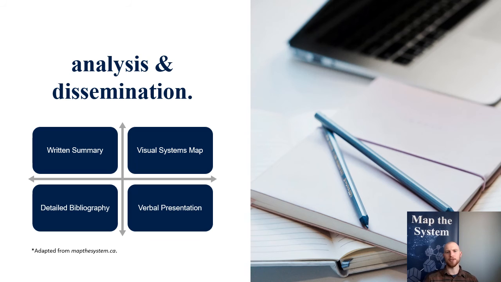So for more information on each of these deliverables and how you should be focusing your efforts to satisfy each of their requirements, please consult the Student Resources section of the Map the System Canada website. And furthermore, to see examples of final deliverables from previous finalists, feel free to visit the Map the System tab under the Center for Peace Advancement website, where you'll be able to find submissions from 2019 and 2020. These can be really helpful in guiding and informing your efforts.